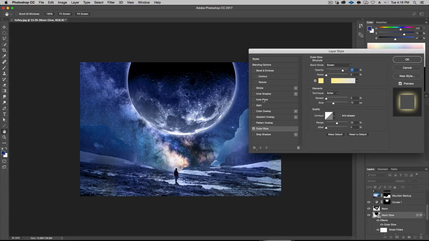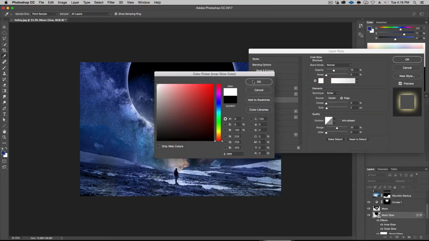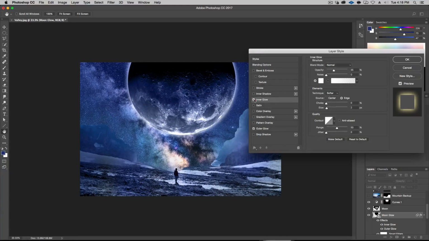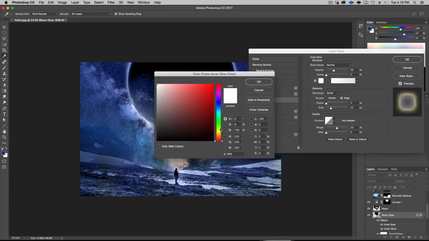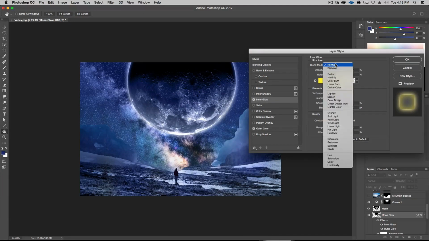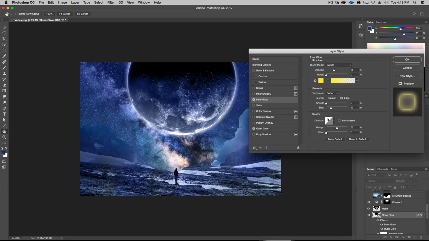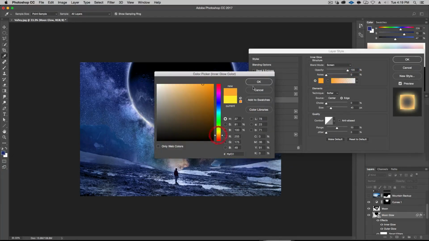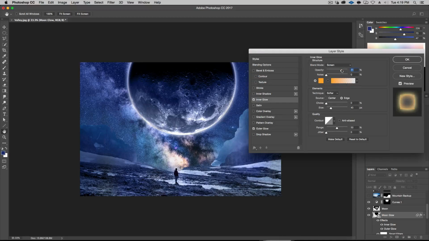And then I also want a slight inner glow. So let's see what that looks like. Let's go with a white. Okay. And let's make it a little bigger. Actually, you know what? I'm going to go with an even yellower tint on this one. Or orangey. I'm on normal. Let's go to screen mode. Okay. It's not bad. Let's get it even warmer. I like that idea. I'm going to definitely tone it down, and I want it bigger. Okay, something like that. It's not bad. It's pretty strong, but we'll edit that in a second.